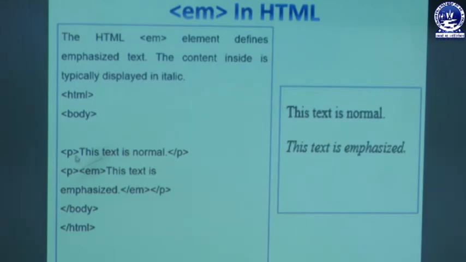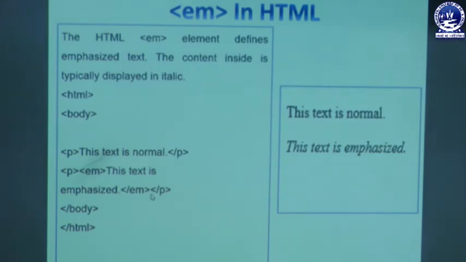Whenever we want to print the text in normal form, we can simply give it in P tag, but whenever we want to give any text in an emphasized form or with any importance level, we can give it in EM tag.